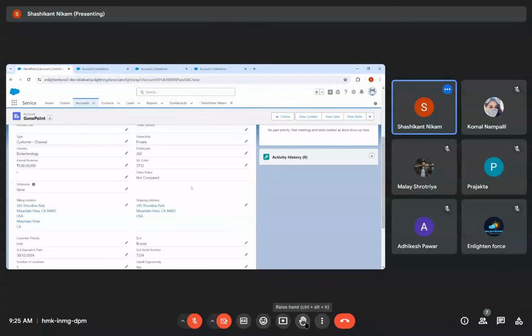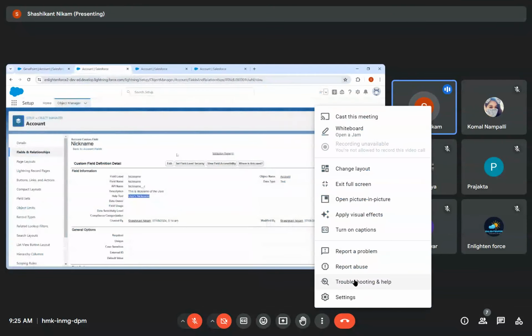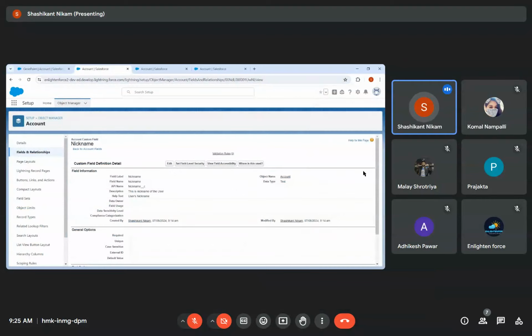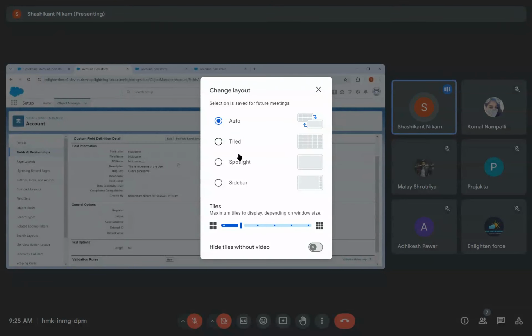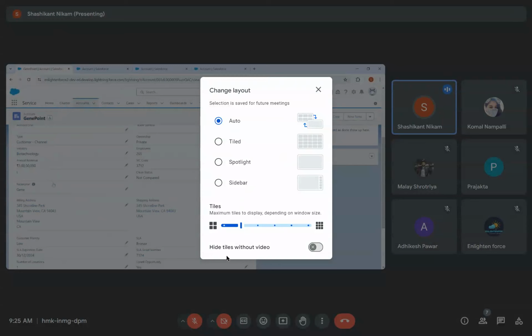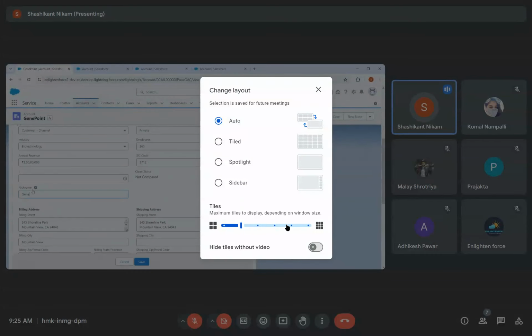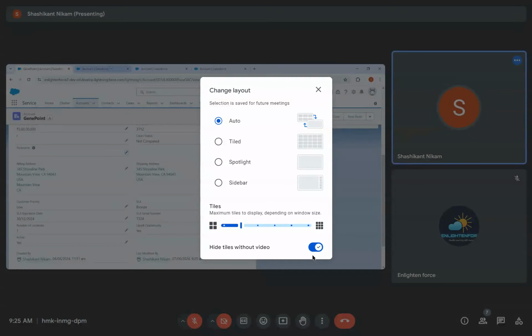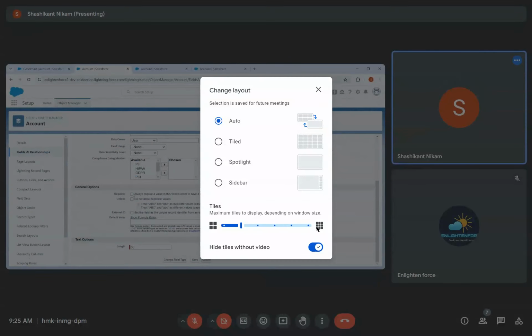So we have created a new field. We have gone through all of that. Now I'll just make it a required field, right? For now, if I delete this information and click on save, it allows me to save it, right? But if I make it required here, and I'll just save it,